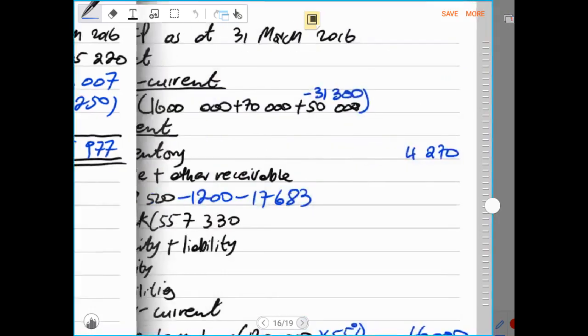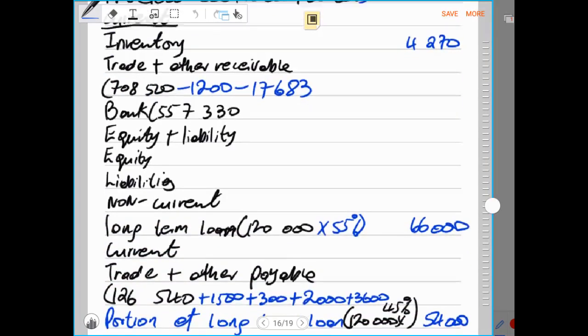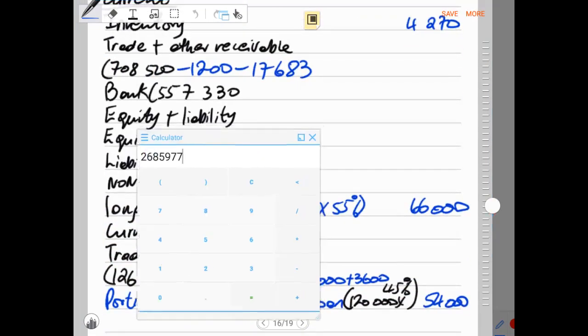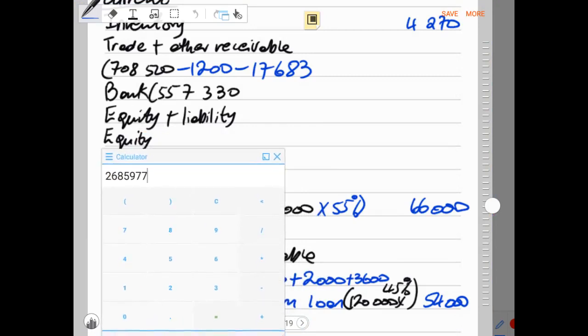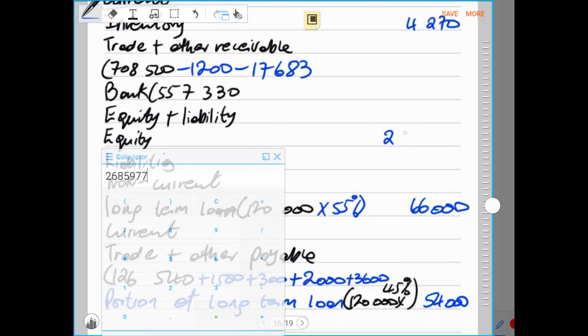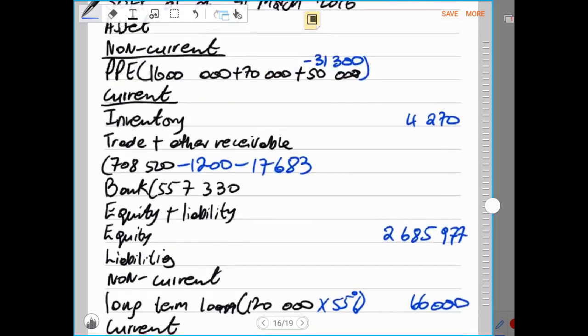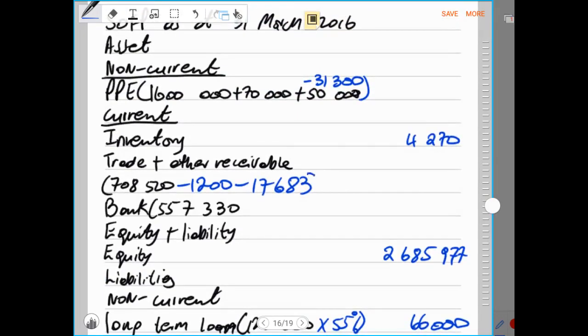And we transfer that amount in the statement of financial position under equity as it is, and that will be recorded as the same amount, 2,685,977 rands. So now that will be the amount of the equity, and immediately when that is recorded, we can